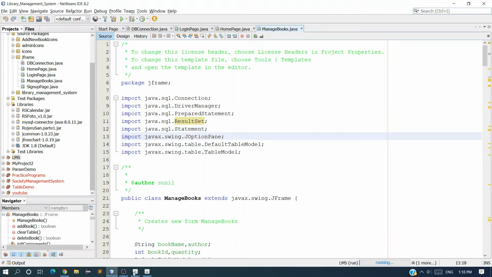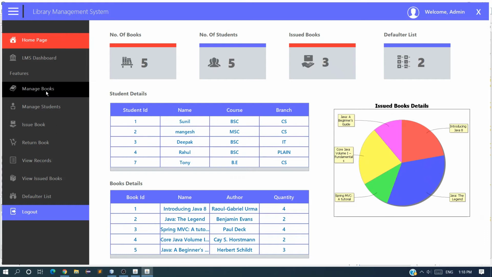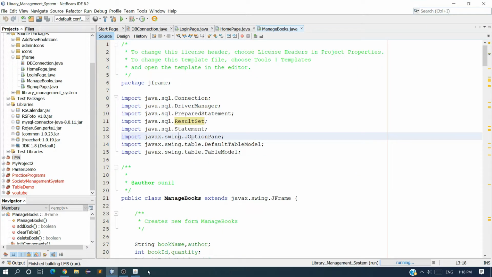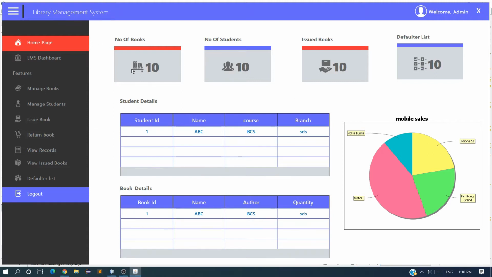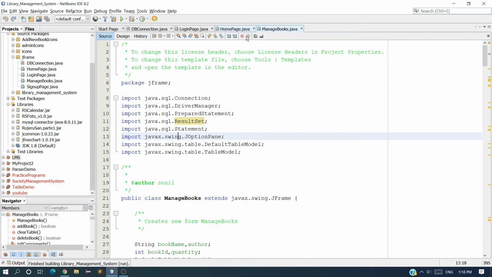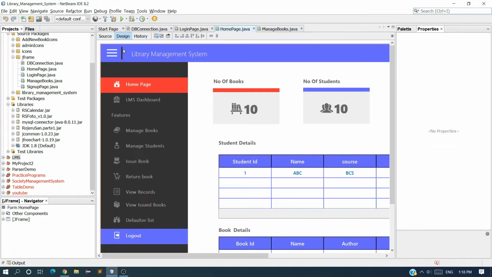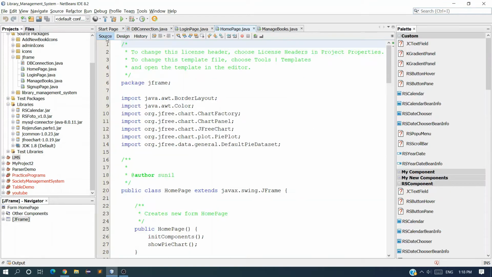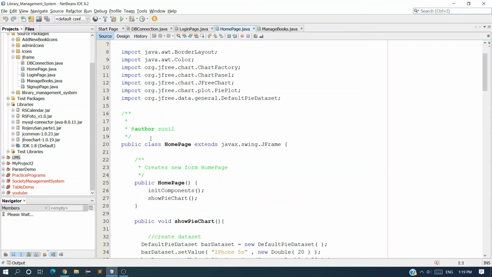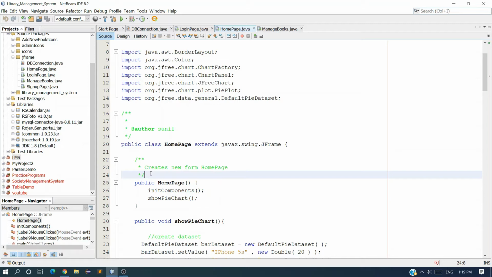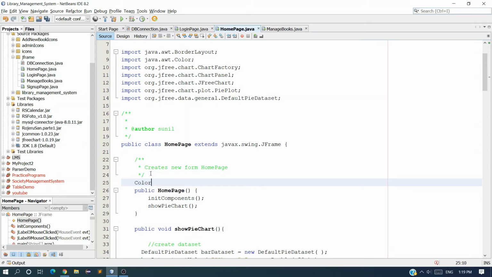So let me just do this thing. I want to change the color on the hover action. So this is our home page, our admin panel which we have created. So this is our home page .java, and here we have to create two variables. So let me create two variables of type color